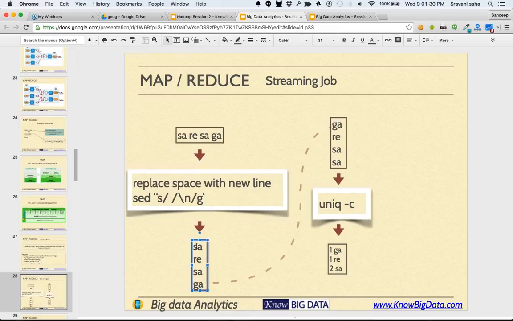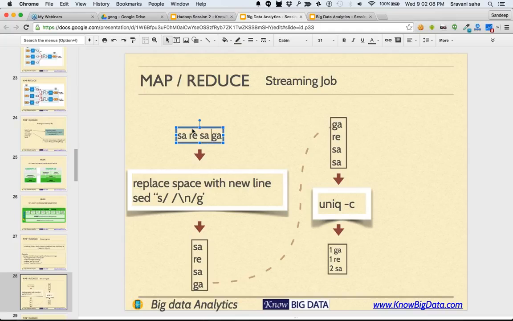The mapper is supposed to produce the key and value tab separated, but here it has neither the tab nor the value. Therefore, it assumes that the value is null. If there is no tab, that means the value is null. If an input line has multiple tabs, then the value will contain a tab. Basically, we are talking about a streaming job, which makes multiple programs communicate with each other.